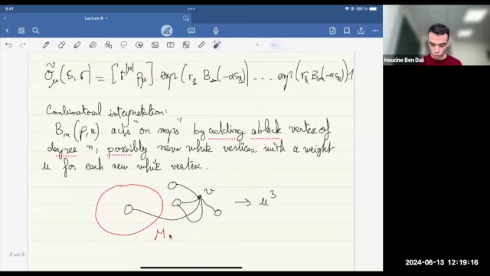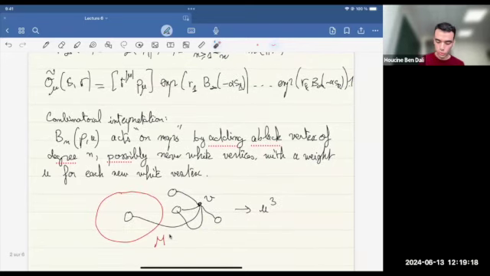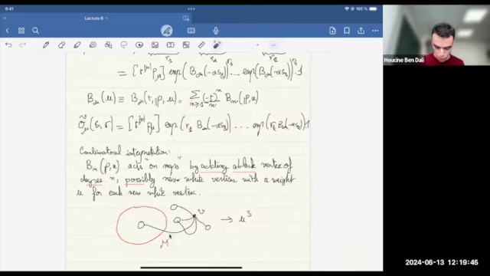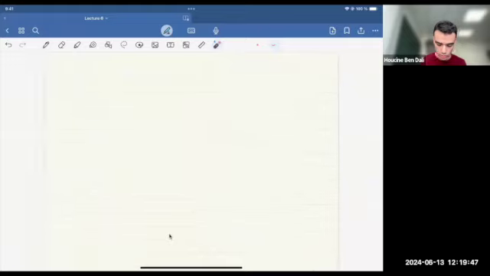So we just use the same combinatorial interpretation, but we add these r_i's in the arguments of the exponential to say that each time you are adding a black vertex, we multiply by some r_i if we are working in layer i. So we start by adding layer k, we add some black vertices in layer k, and if you added, for example, i black vertices, then in addition to the weights of white vertices, we will have the weight r_k to the power i. And exactly from this, what we can deduce is that